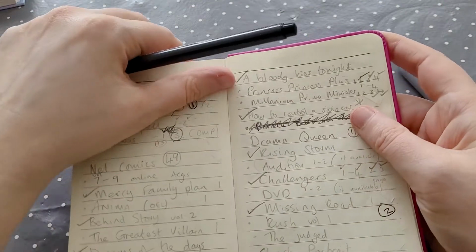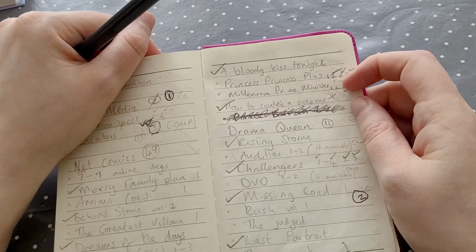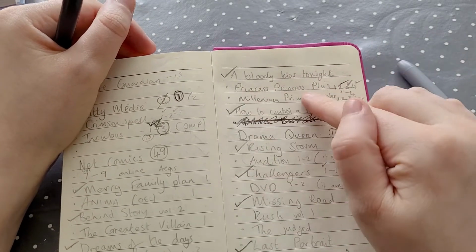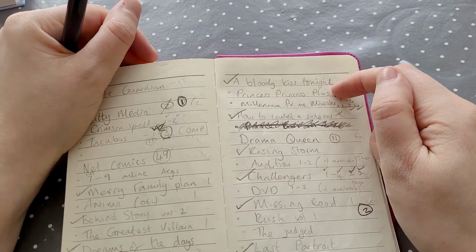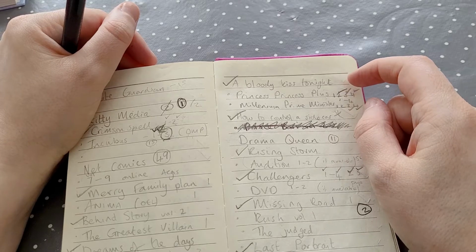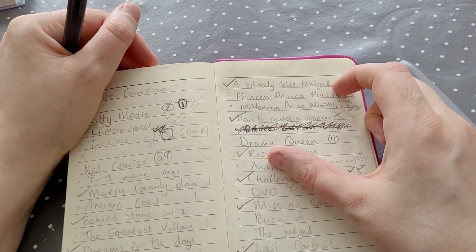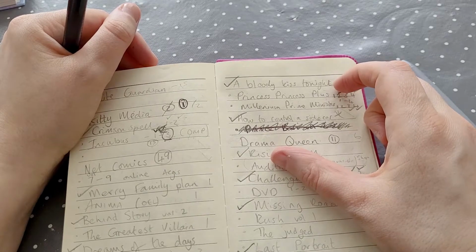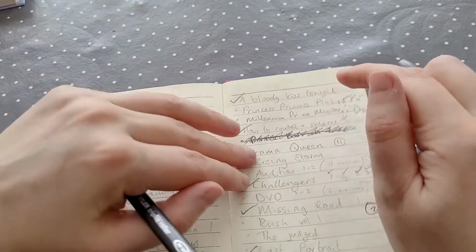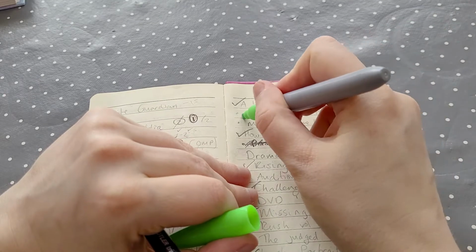And then we have over on the other side, Bloody Kiss Tonight, and then How to Control a Sidecar, that's the other one. Now there's only 2 left on this list. One is Princess Plus, which I think has a mixture of Yuri and maybe BL, as far as I know. If you've read it, let me know. But I think someone said that it was a little bit BL, and worth getting if you were wanting to collect the rest of Prince and Princess. So I do want to collect the rest of Princess. I haven't got it all, so I'm going to put Princess